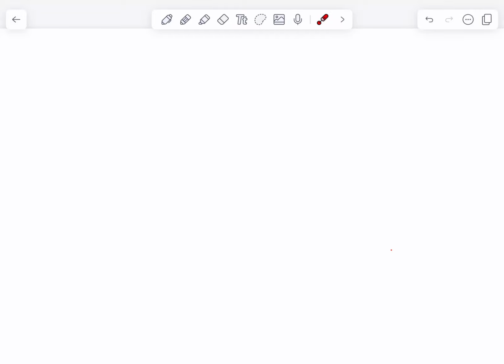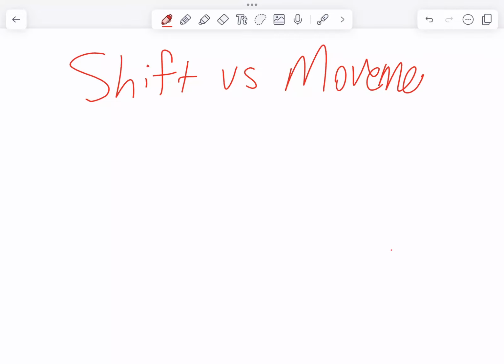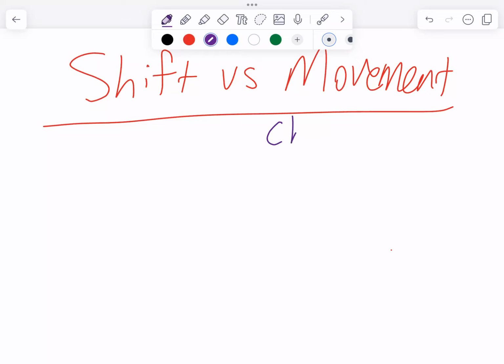Hey guys, I just wanted to make another video talking about the little things about supply and demand, such as price, such as a shift versus a movement. A lot of students get confused about this, but here's the big thing about the difference between a shift and a movement. In simple terms, when there's a change in price, when there's like a change in the product price,